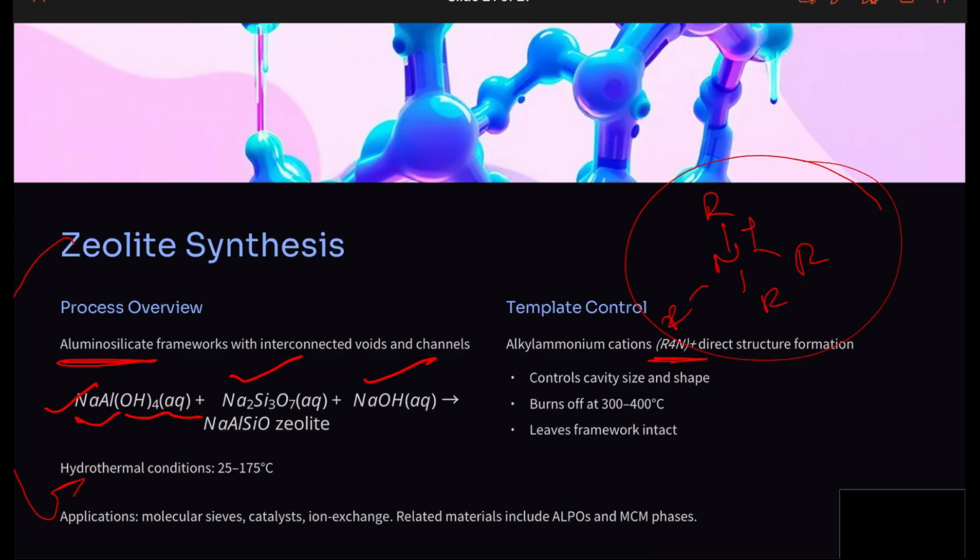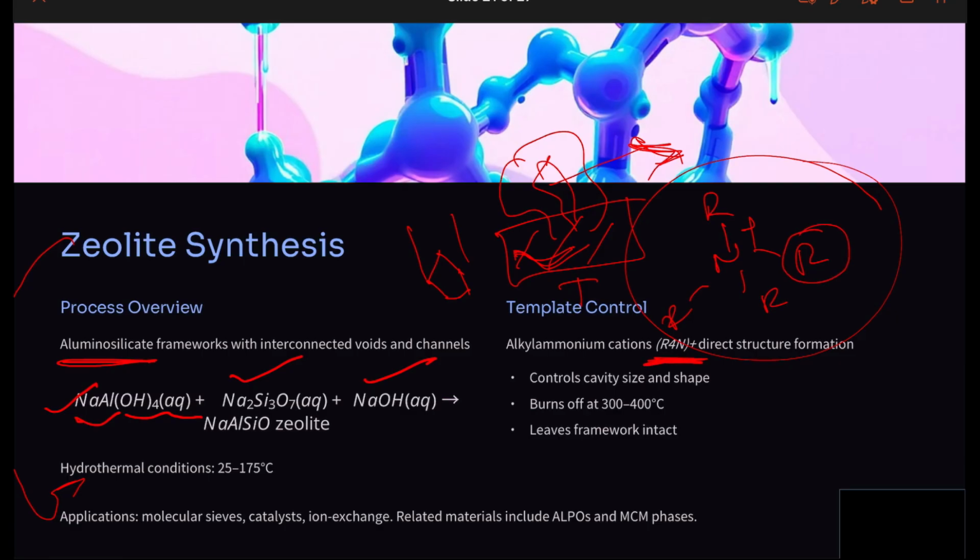What are templates actually? A template provides the structural basis for the zeolites to form. Templates are like the blueprint. On the basis of the template, we are going to form the zeolites that have cavities. The size of these cavities is defined by the templates, and the template that we're using is this. Depending on the R group, we can tune the voids and the cavities in our